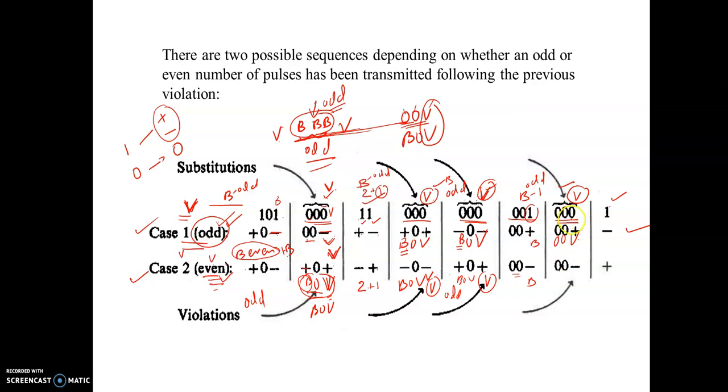Then again you have triple zeros. So here the last one is a violation. Wherever you have triple zero, the last one is a violation. In between you have only 1, 1. So you have B equal to 1. B equal to 1 means it is already odd, so you have to substitute it with 0, 0, V. Then the next one, here you have negative, so the next one will be positive. So this is how you code B3ZS. You have to write the two cases, for odd and even number of bipolar alterations between two violations. So you have to write these two cases.